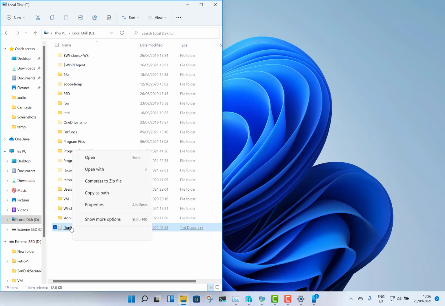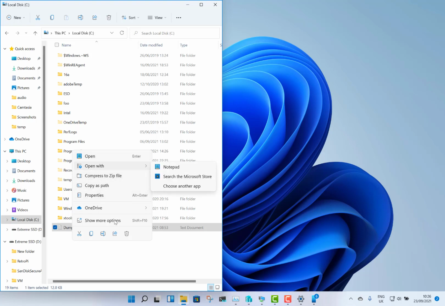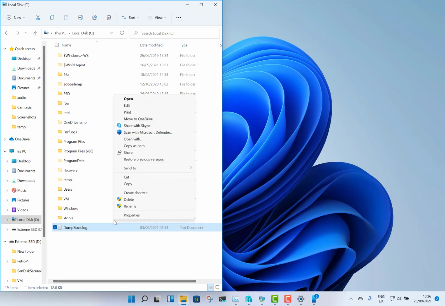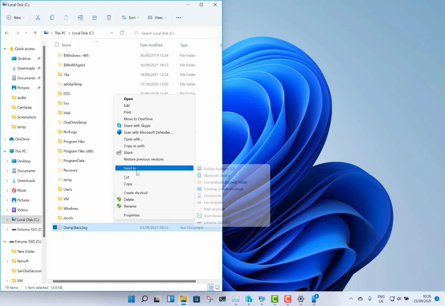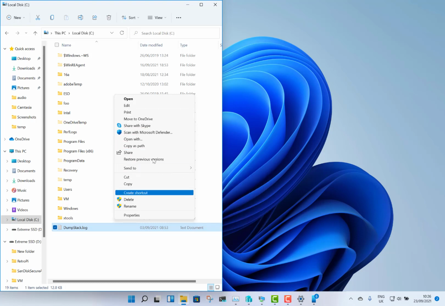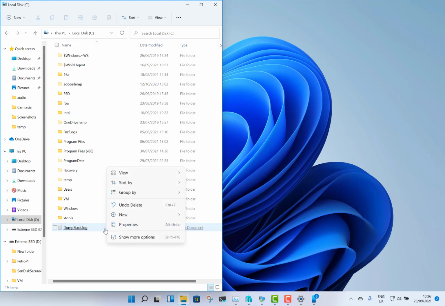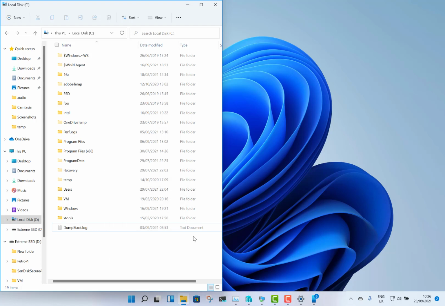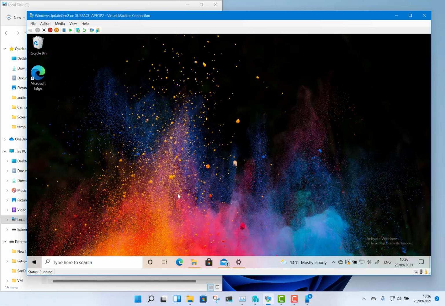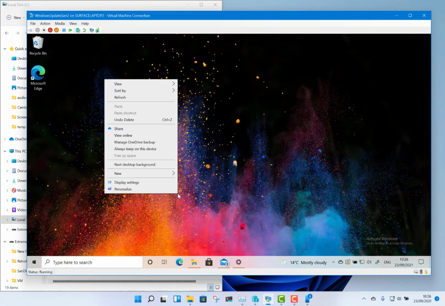So I right click on a file, you'll see I've got the cut, copy and paste icons, the delete, the share icons, and then I've got the open and that kind of thing, and then the more options would show you any of the old ones like restore, the send to, and those kind of things. So some would say it's an extra menu click, but it makes things simpler for a user perhaps if you've got those on there. So if I go back to Windows 10, you can see the old style menu,